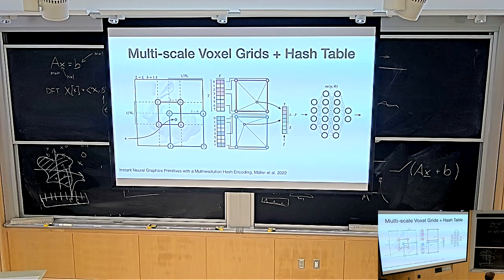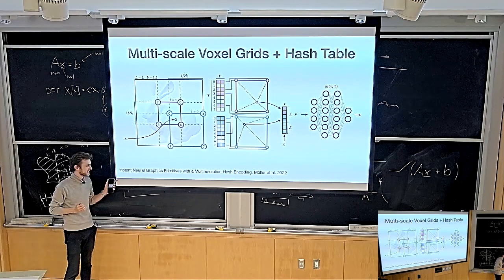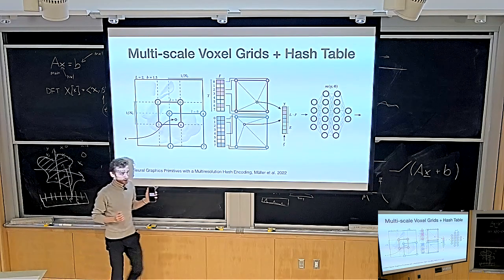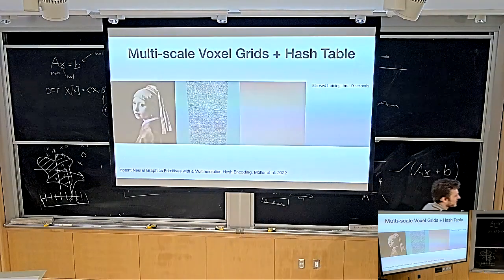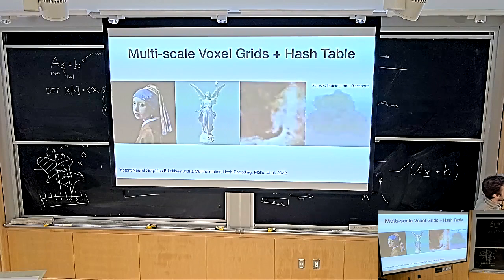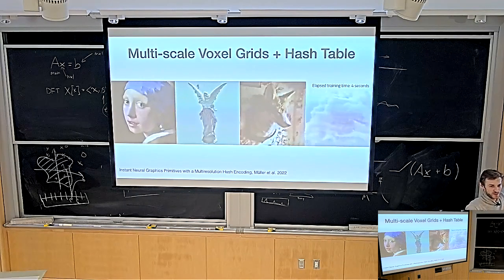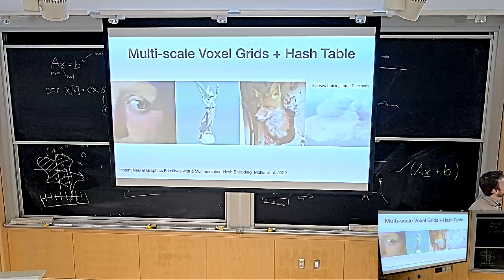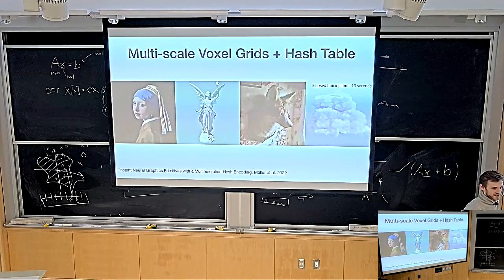This was the SIGGRAPH Best Paper 2022, Instant Neural Graphics Primitives with a Multi-Resolution Hash Encoding. Kind of tells you what they did. We didn't talk about differentiable rendering yet, and actually this is not differentiable rendering. Here they just fit, exactly like you asked earlier, why would you want to store an image? This is a gigapixel image. So this image has, I don't know, 1 trillion pixels. Okay, gigapixel, I guess it has 1 billion pixels.